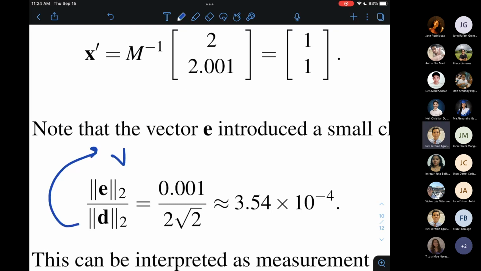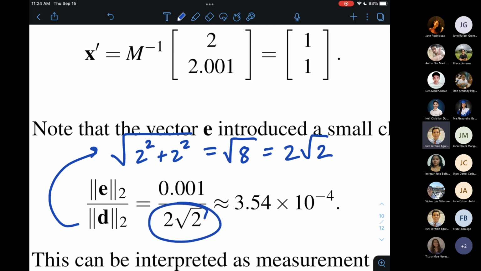L2 norm ng 2,2, 2 squared plus 2 squared, that would be square root of 8, so that's going to be 2 square root of 2, which is the size in the denominator. All right, so that means the noise is 3.54 times 10 to the negative 4. So meaning the size of the perturbation introduced is 0.35%. Napakaliit ng change. Pero tingnan natin yung 0.35% na change dito sa data, gaano kalaki yung epekto